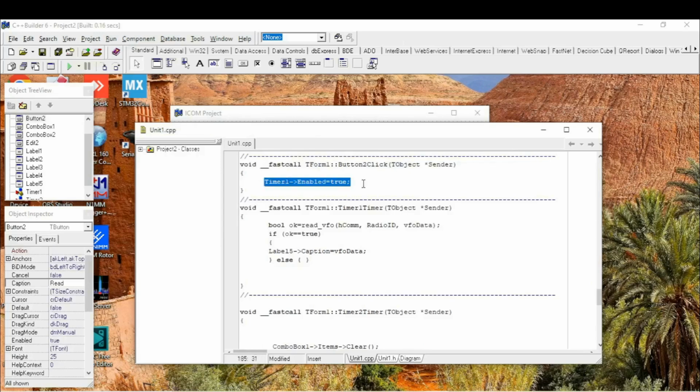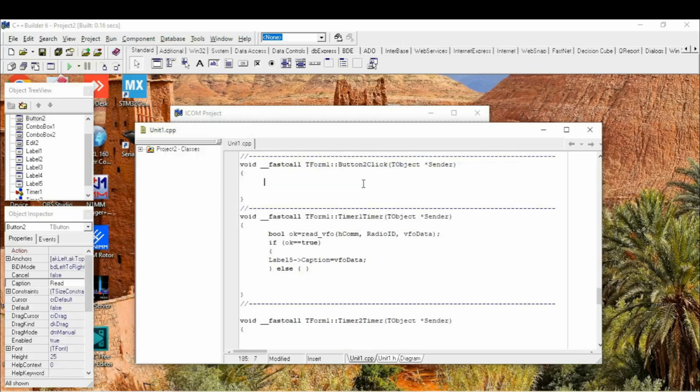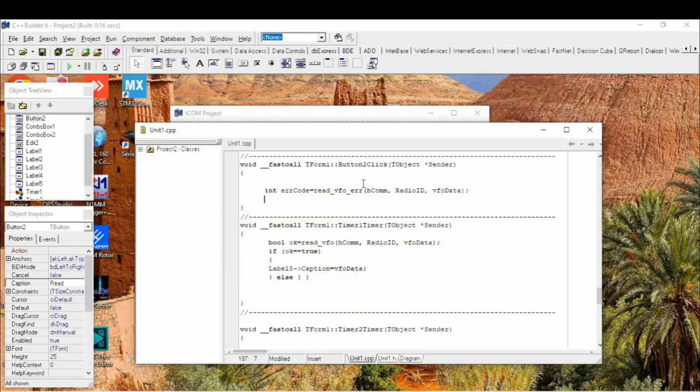Now let's test it in button. Integer error, let's create integer error code equal read VFO ERR. Inside is ICOM, radio ID, and VFO data working same. And now let's go through each error. If error code equals 0,